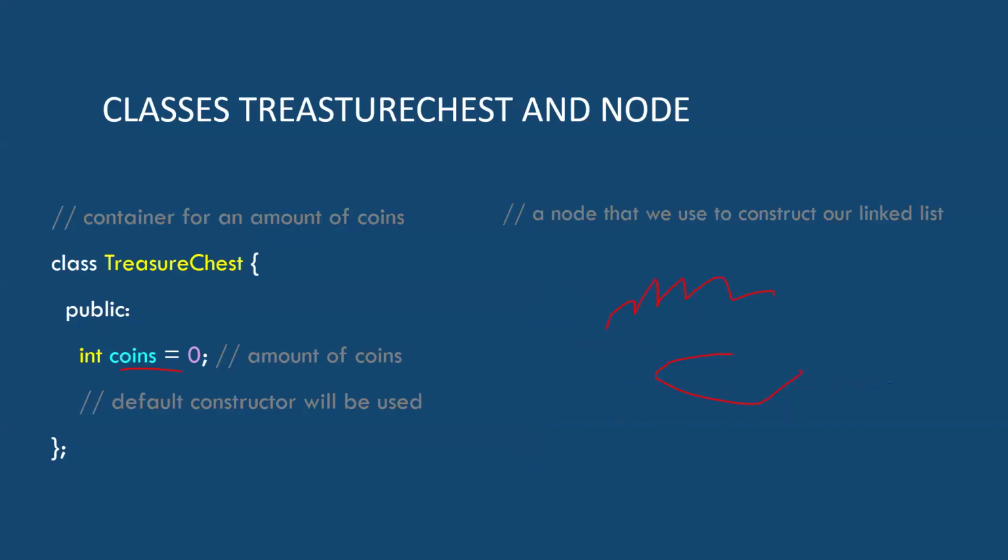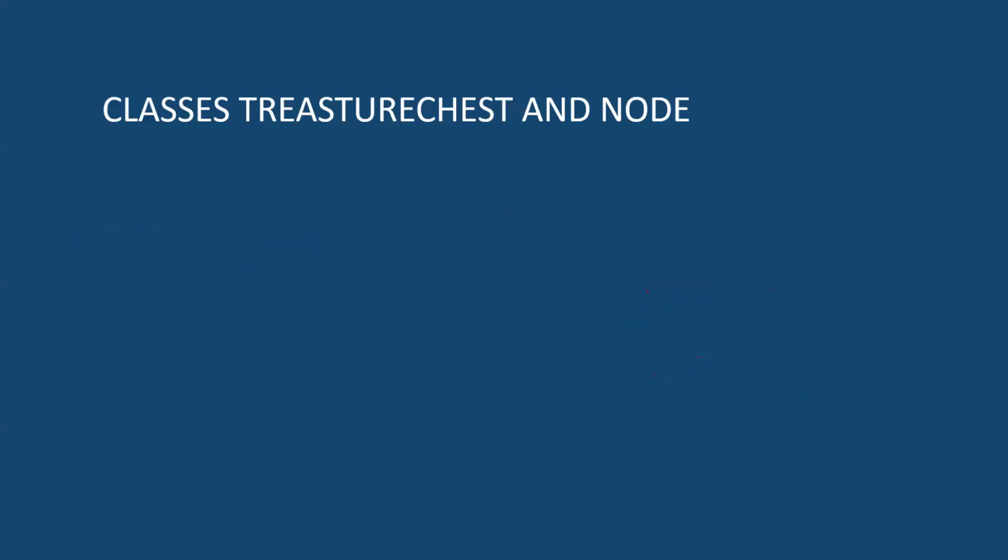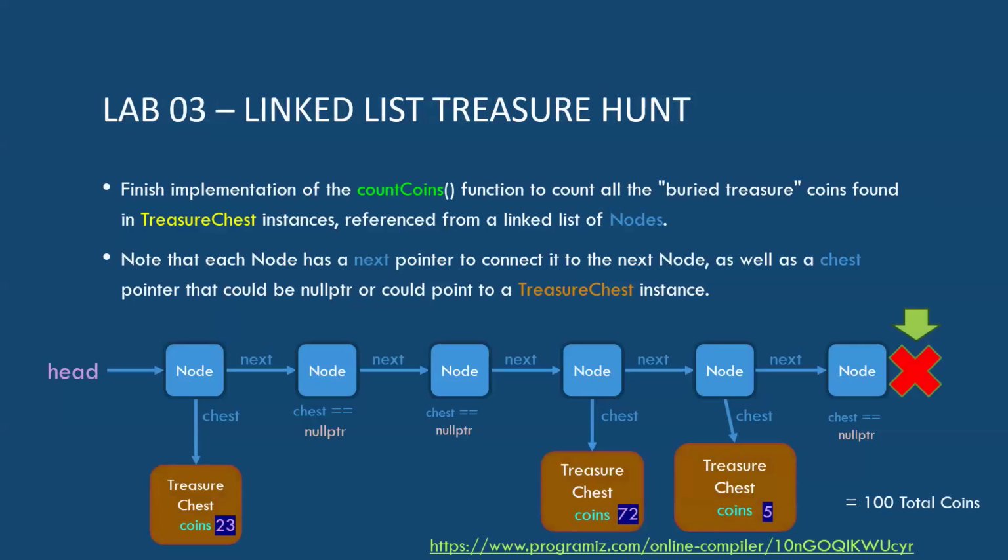Let me go back and show you the code, the layout, in case my comments are not particularly clear, and then I'll let you get on with what you want to do. So here's our chest, there's our node. This is a prototype for something I've written, and this is what you are going to write below main, okay? Remember, we put the prototypes up top and then we write the code below main. You'll see in a few lectures why we've been doing that.